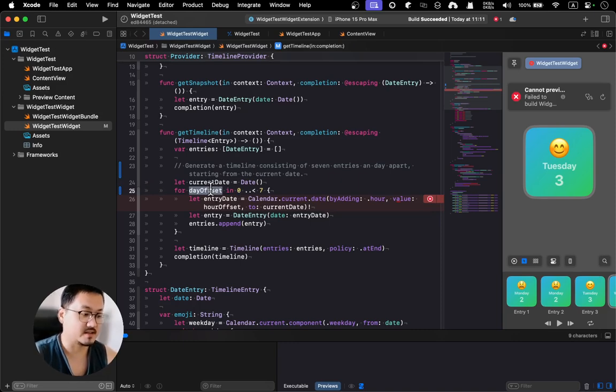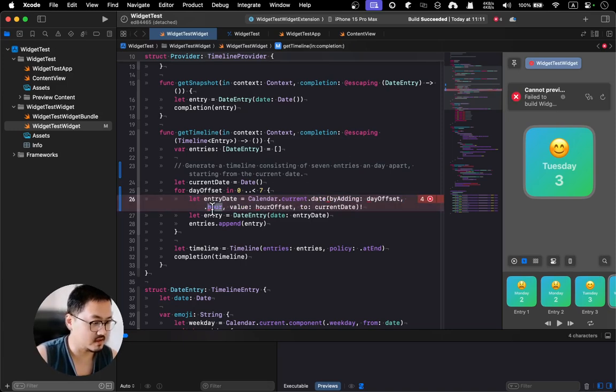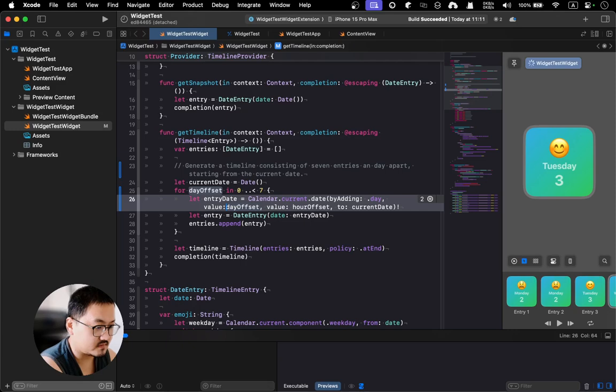So get this specific item in this loop, and then by adding the hour offset, sorry, by adding day offset. Get rid of this hour and day offset, and by adding, sorry, this should be by adding day and all the way to the value of day offset,